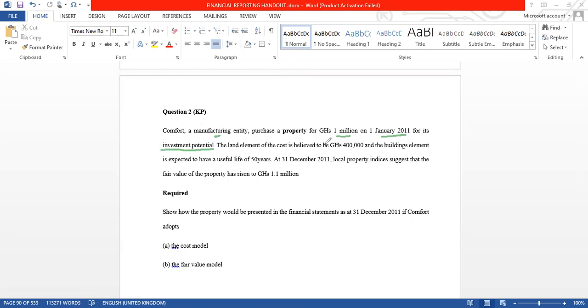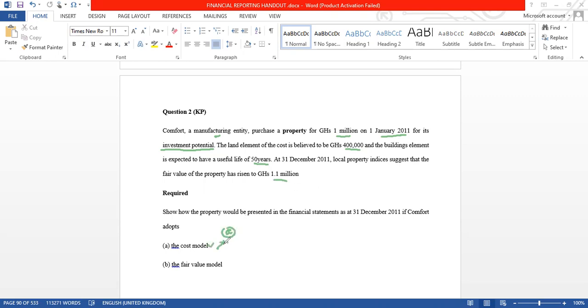The land element of the cost is believed to be 400,000, and the building is expected to have a useful life of 50 years. It says that at 1st December 2011, the local property indices suggest that the fair value of the land has risen to 1.1 million. If we are going to go through and use the cost model,